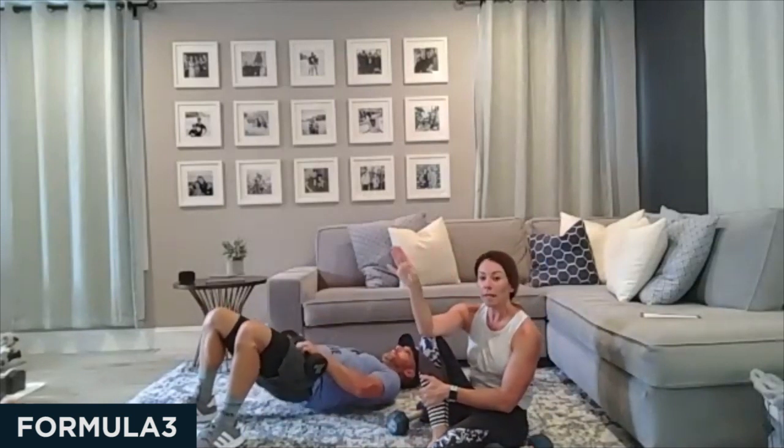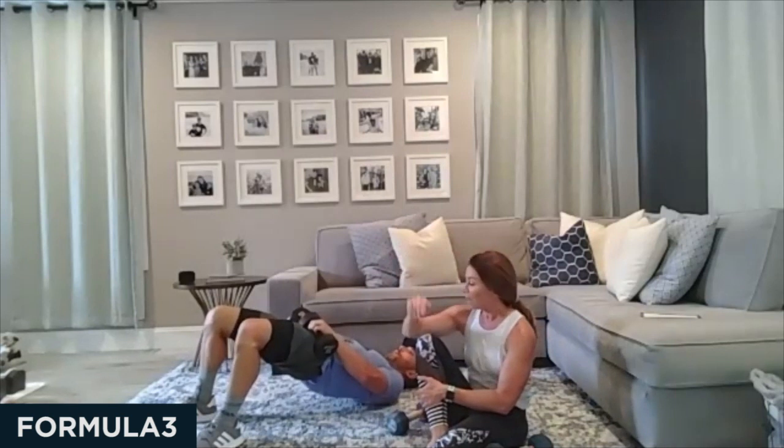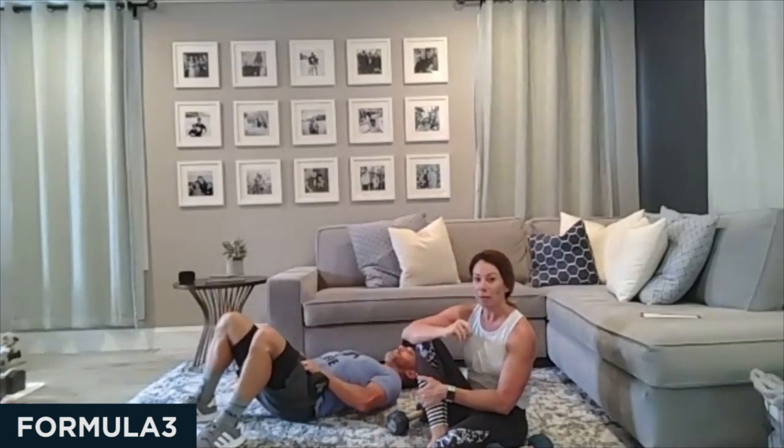You can do this without weights. 4, everything for lower body. I have no alternatives for you because you're just not gonna have any weights involved. 2,